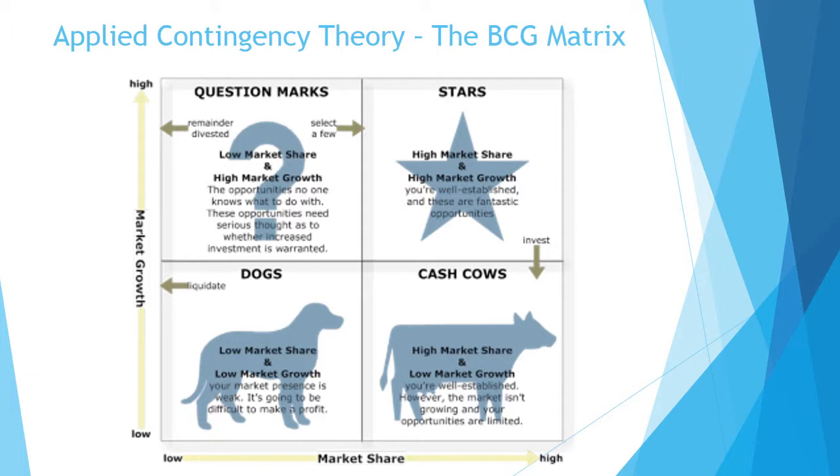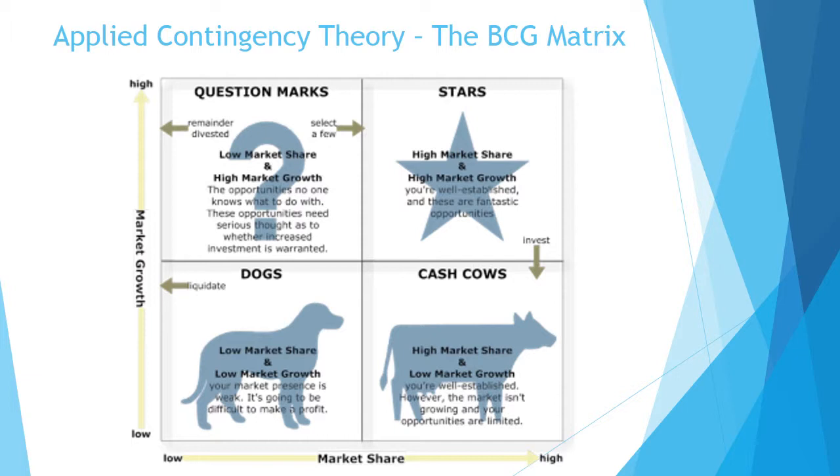So this one's laid out in a two-dimensional grid, and one dimension shows the market share from low market share to high market share. The other dimension shows the market growth potential from low to high. Then based upon these two dimensions, the grid is divided into 4 separate quadrants, and depending on the positioning, the strategy that one would use for that particular business would be relevant to that particular position. For example, stars who have high market share and high market growth potential, well, those are great places to invest